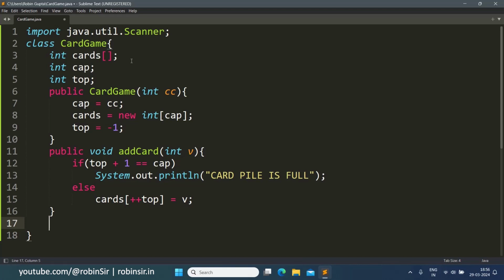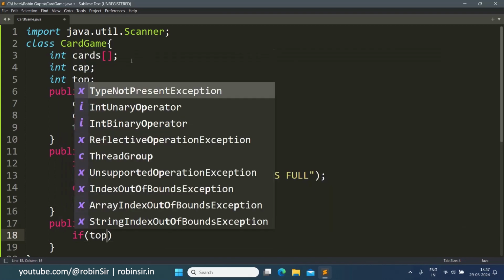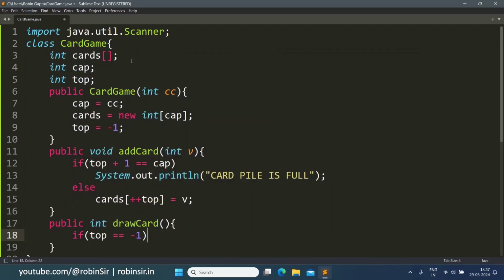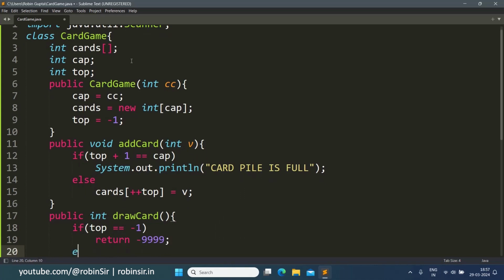Similarly, we also have to create the drawCard function. So public int drawCard. Here the return type is int because it's going to return the value that was removed. In case deletion is not possible, then it's going to return an uncommon number, -9999. So if top is -1, that means deletion is not possible. The pop operation is not possible in the stack. So we return -9999, else